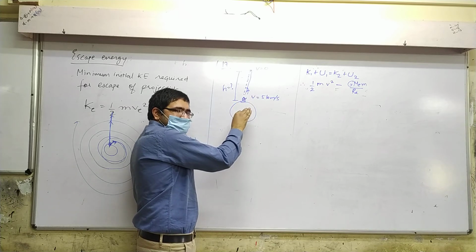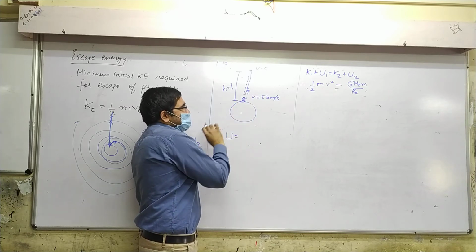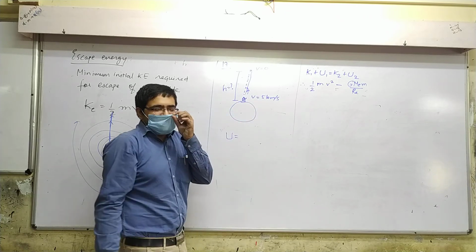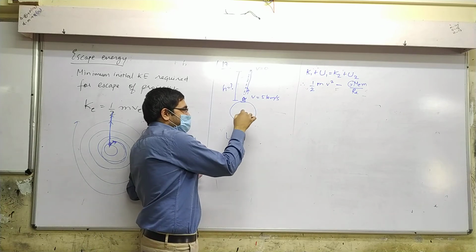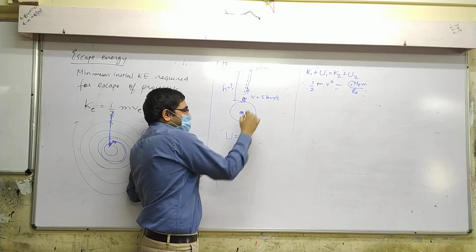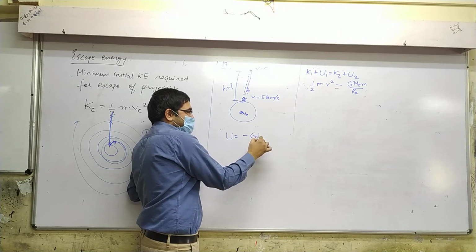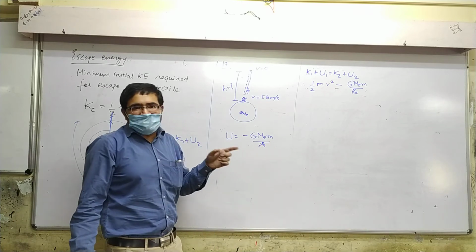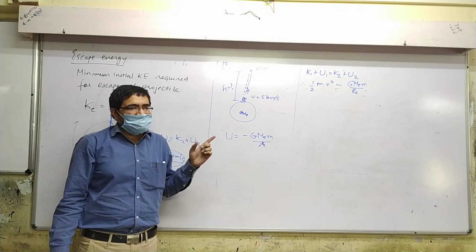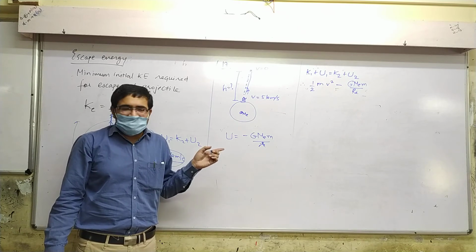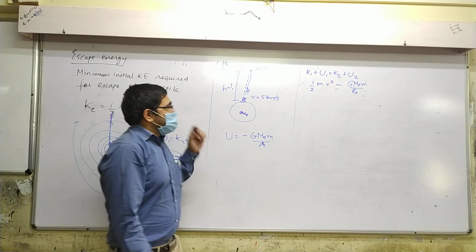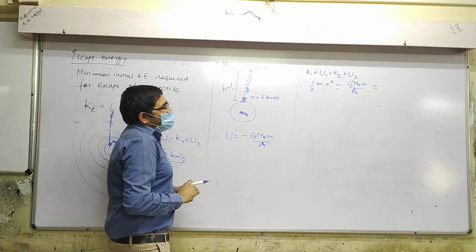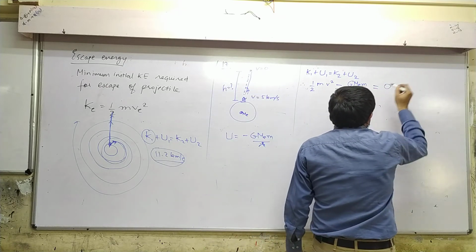It is that when you want to find the potential energy of this system, what's there in the system? Rocket, Earth. So the formula of potential energy, and this point or this rocket, is it inside the sphere or outside the sphere? Assume all the mass concentrated at the center. So now the potential energy at this point is minus G Me m by small r. Yes or no? But small r is equal to R. Everything clear? Yes. Okay. So this is it. Now K2, K2 is 0 because V is 0.